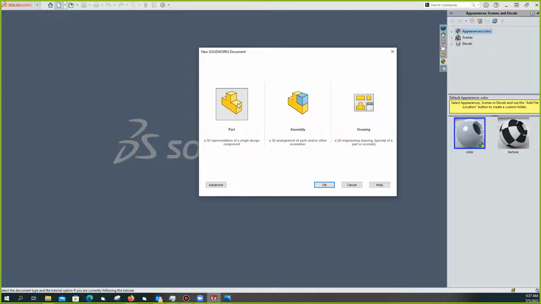you design part by part. Then after designing the parts, you will have to assemble those parts together to come up with the final machine. Then in drafting, you show us the details of your designs, the dimensions, like maybe as we shall see. So we shall select part, say OK,